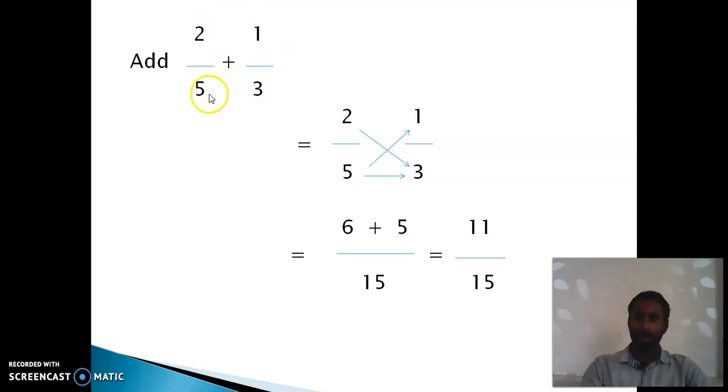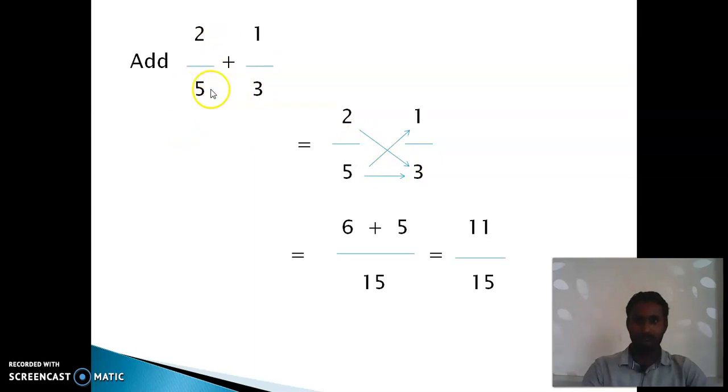Can you look at the denominators? Whether they are equal or unequal? They are unequal. In that case, how, sir, can we solve? I already said in my previous class how to solve. So first we have to see this number. Directly opposite, what is the number? Put one arrow mark. Here I put one arrow mark.